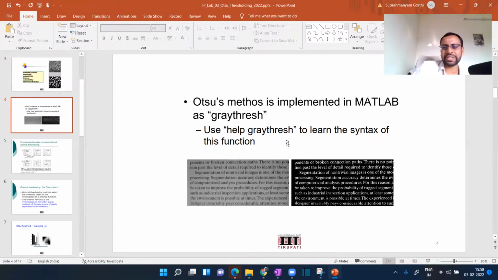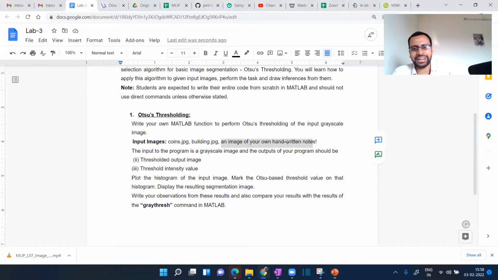Better you take something written with the black color, or even it is fine when you take one of the channels, or when you average it across all channels, you would see that the color of your writing is in one intensity more or less, and the other will be in another intensity, otherwise you would not be able to read it. So on that piece of paper, each one of you has your own image there, an image of your running notes. Your own handwritten notes, you take a picture, you do all the process required, create an input image,